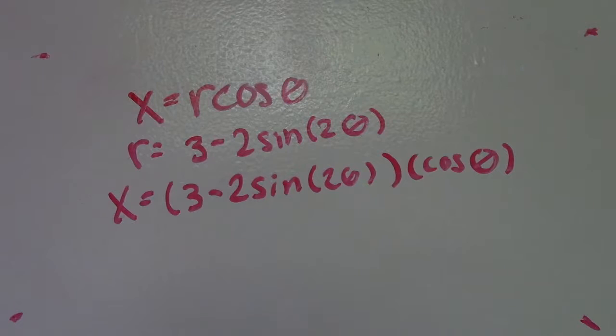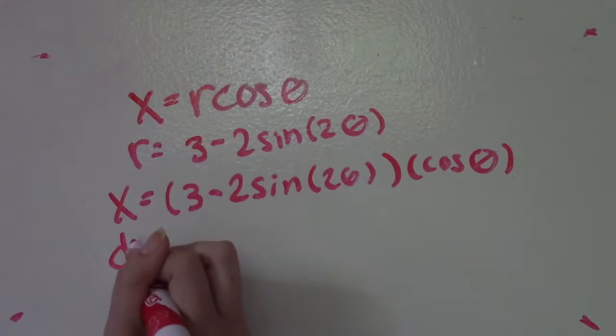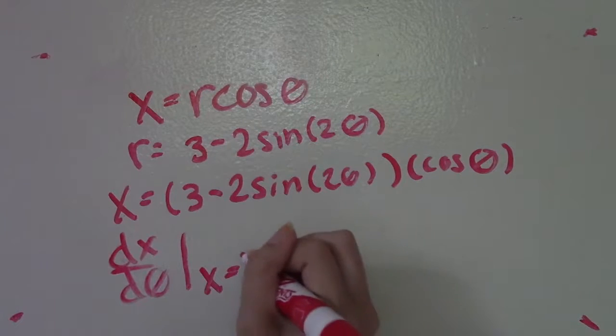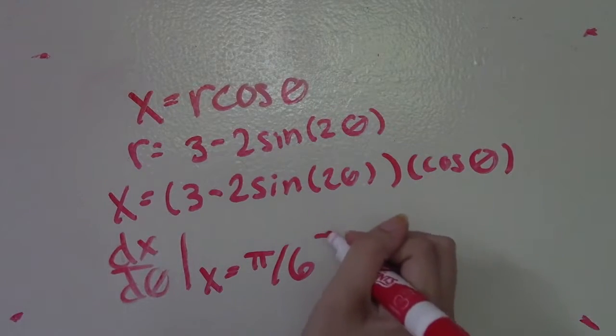The good news about this problem is that with your graphing calculator, you can just take the derivative of dx d theta and evaluate it at pi over 6. And it'll give you the answer